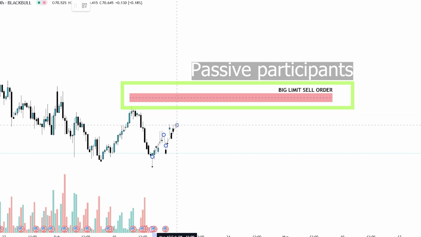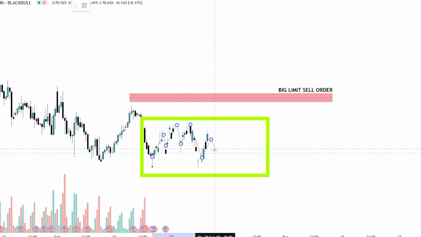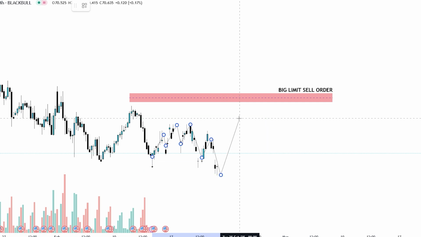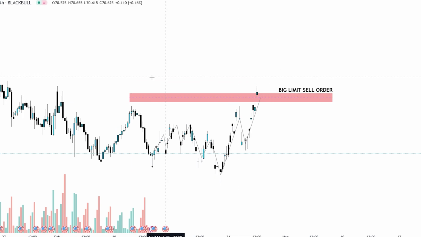Then we have the aggressive participant. Aggressive participants move the market because they are entering at market price. So they are buying immediately. They don't wait, and they don't mind what the actual price is. They just want to buy or sell at a specific moment. That's why they are called aggressive. And after they reach the level where the huge passive limit order of the big institution sits, they basically